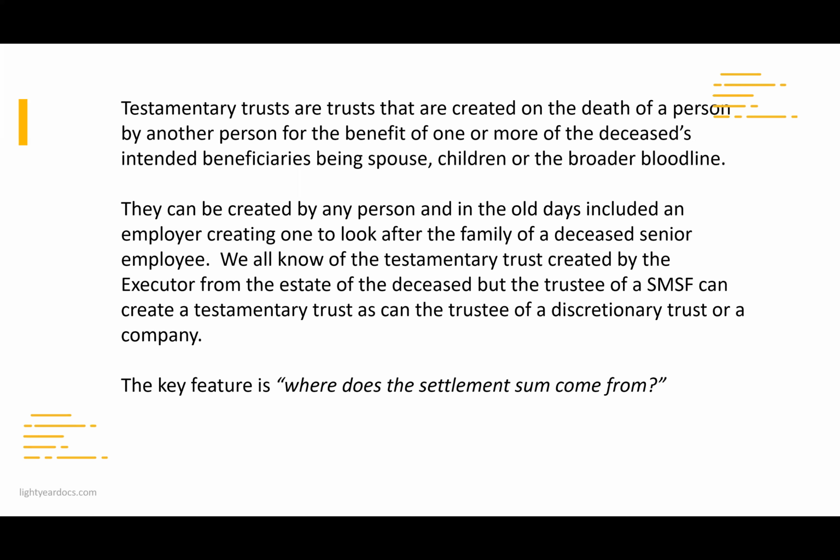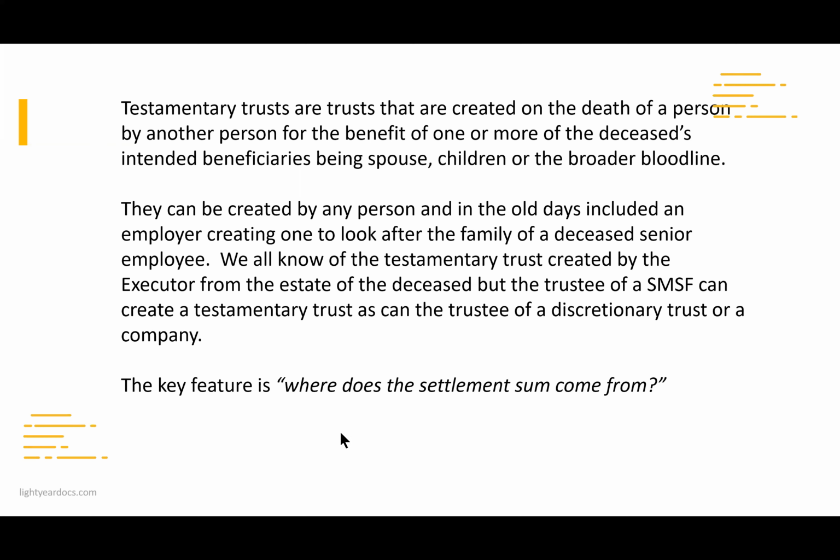We know the amount of the settlement sum. So the question is, if it's for the children, do they, in fact, get the ability to be taxed at ordinary marginal tax rates? In fact, if I asked you, what do you think? Do you think it's going to be there? What about a trustee with a discretionary trust? If they take an asset out of that discretionary trust and settle it on the death of another person, would that be considered one of the beneficiaries?